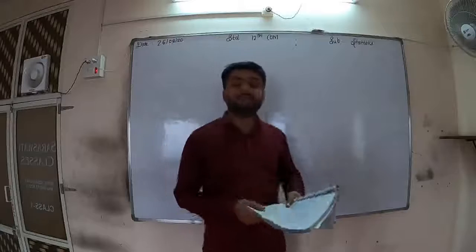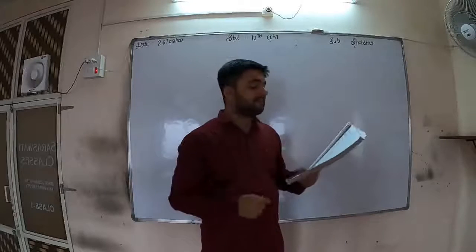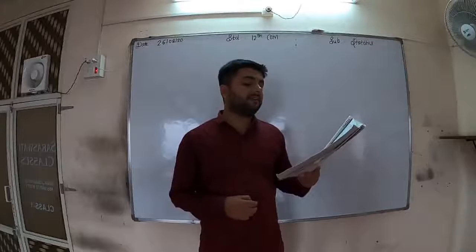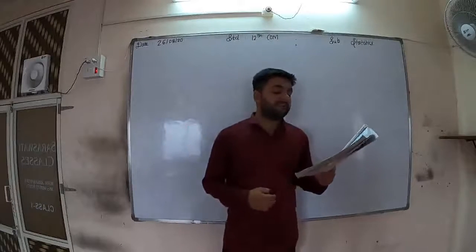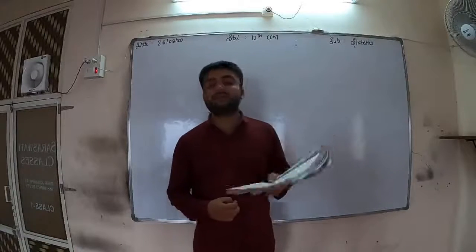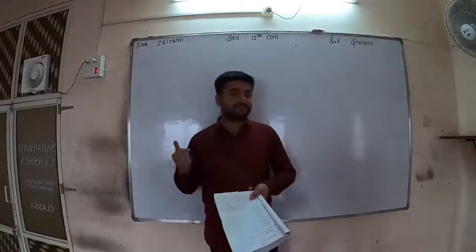Again, in the third sum, the quantity doesn't have any unit. See, in the third sum, they are simply writing quantity 20, 10, 10, 6, 15, 18, and again the second quantity is 30, 15, 15, 8, 25, 30. Means at the back, no kg, no liter, no meter is given.